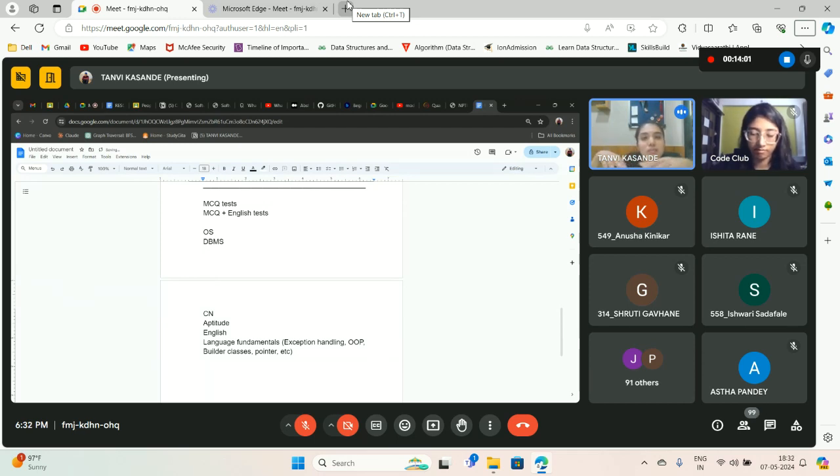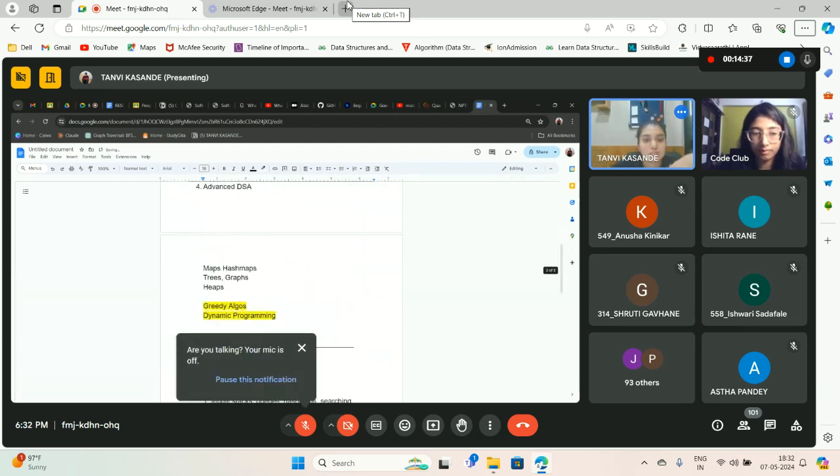There are a few easy maths problems in CN, like how many hops will this network need, etc. You can Google it up, or I will share a sheet with you guys which has a few basic questions. You can find ample resources on the internet for aptitude, and English is an easy task for all of us. And when you go through whichever language you choose for coding DSA, you will come across these concepts. So make sure that you do it thoroughly.